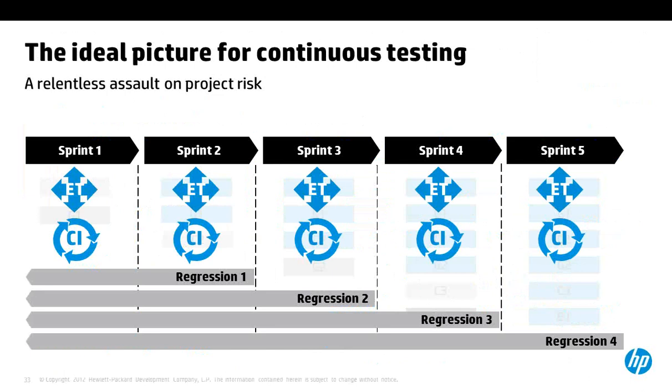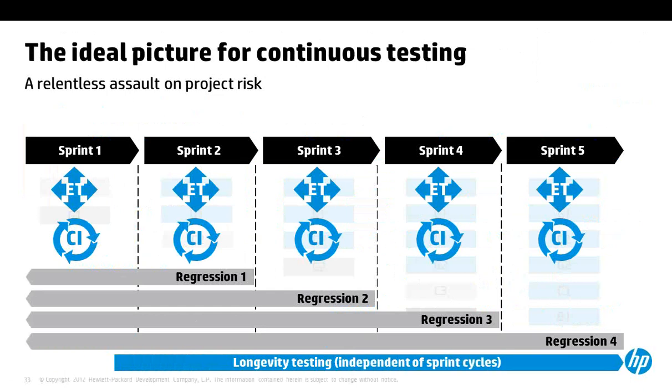But what I just talked about, the S+1 rule, was to enable the regression testing from sprint to sprint. This is where automation with tools like Unified Functional Testing can really come in. And finally, we will talk about longevity testing, which could be independent of the sprint cycle, but is part of the long-term risk mitigation approach that an IT organization undertakes to enable higher quality applications and minimize risk to business.